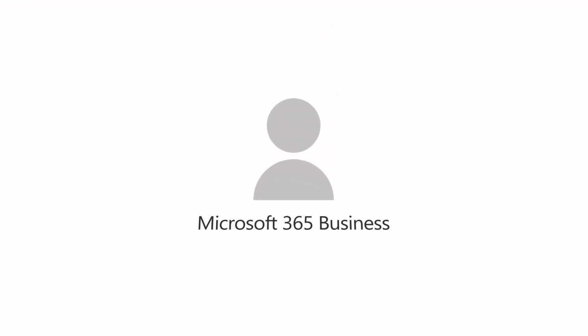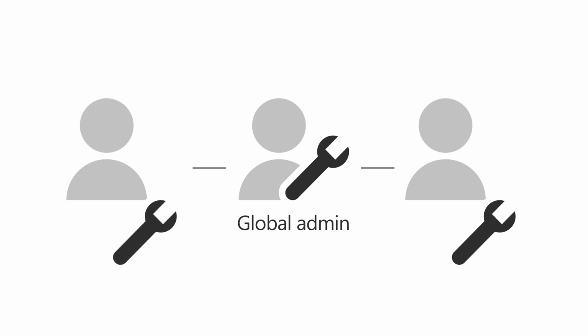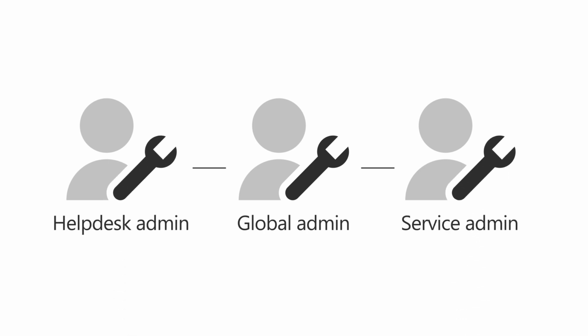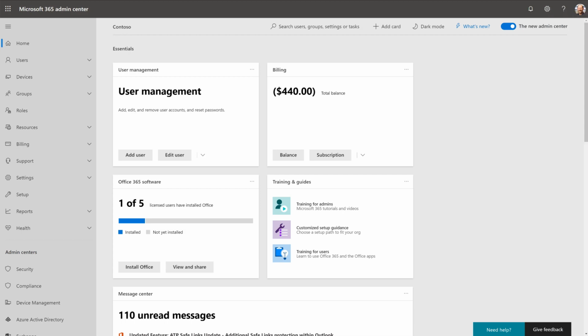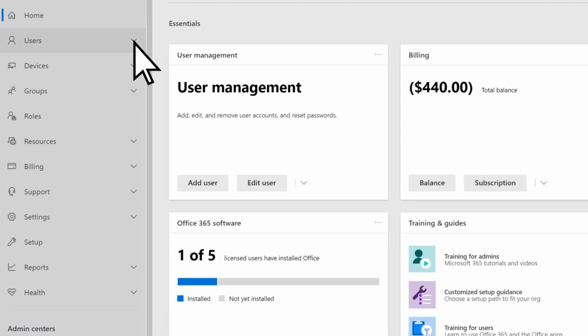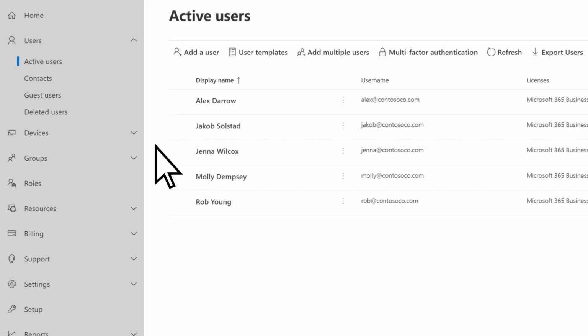When you sign up for Microsoft 365 Business, you automatically become a global admin. If you want, you can make other people admins as well to help manage the business. Let's get started. From the Microsoft 365 Admin Center, select Users, Active Users, choose the user you want to make